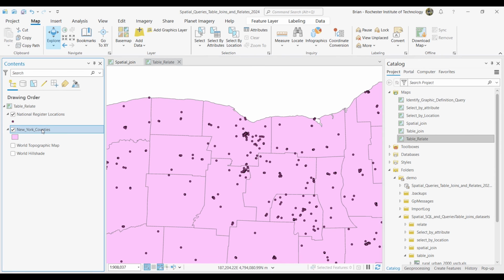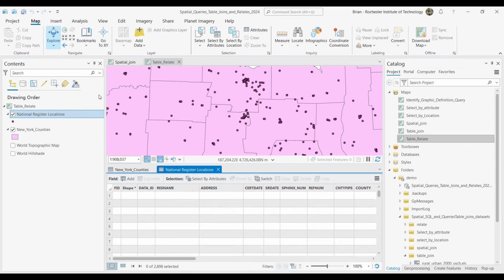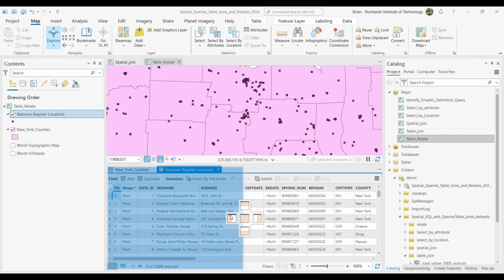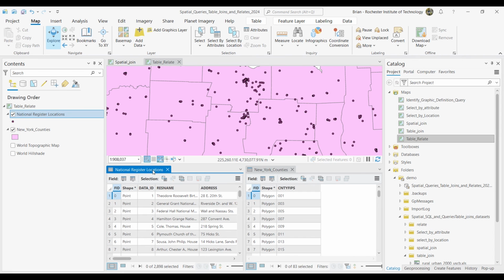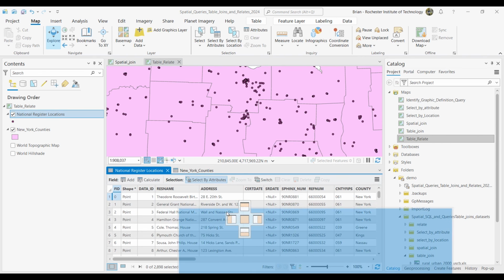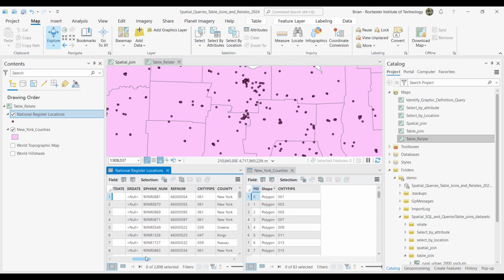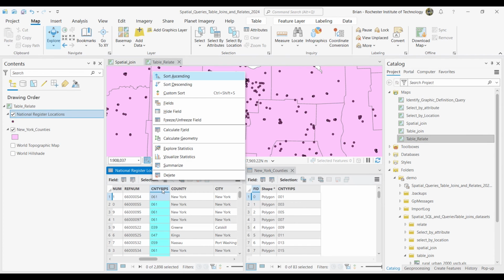Now, if I look at the attribute tables of these two layers, you can see that each county is identified with a numeric code. And I will look at the National Register locations. And again, I put these tables side by side. You can see here that the National Register locations have a county code. And if I were to sort these by ascending,